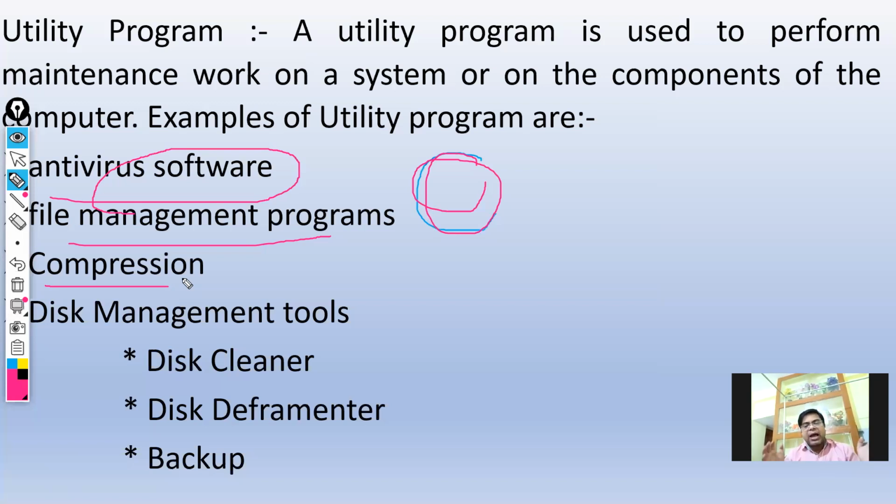If you have a file of 3 GB and you want to store it in your pen drive, but your pen drive has only 2.5 GB space left, then in that case you must compress that big file into a smaller one, and that will be done with the help of software. The best one is given here, WinZip.